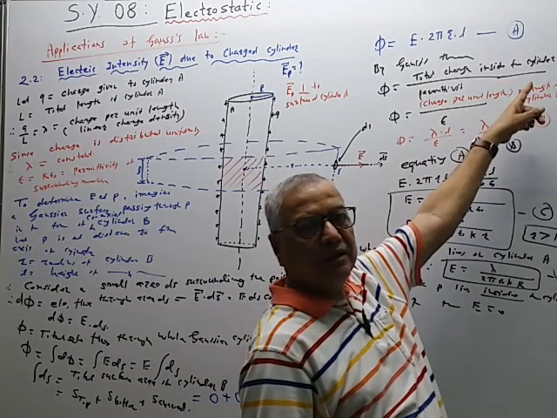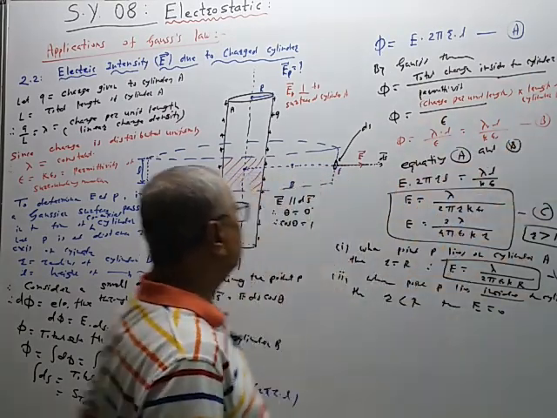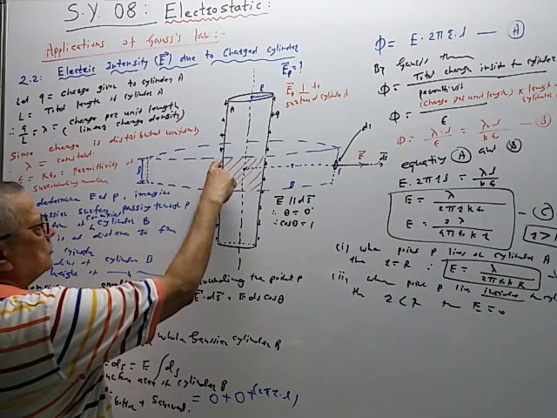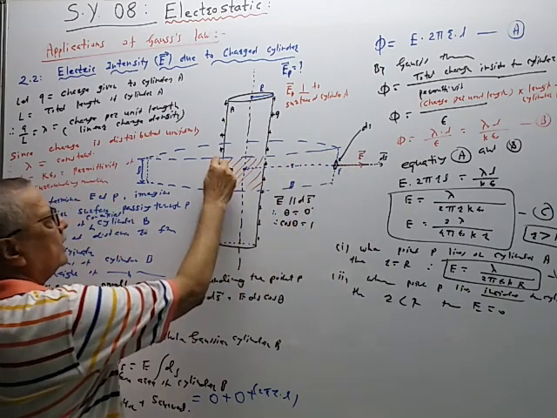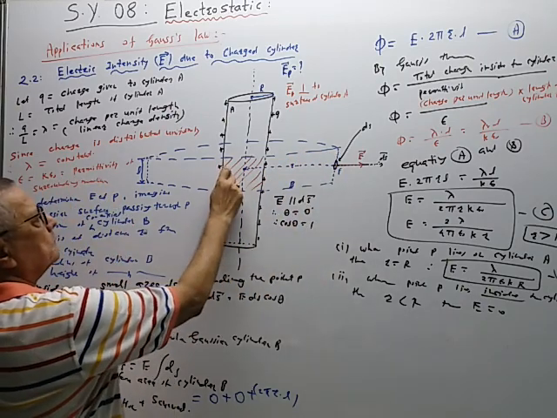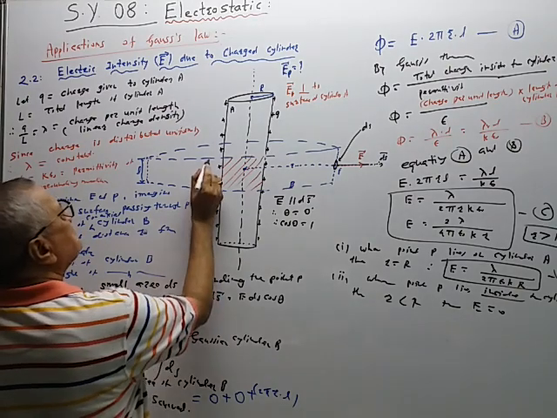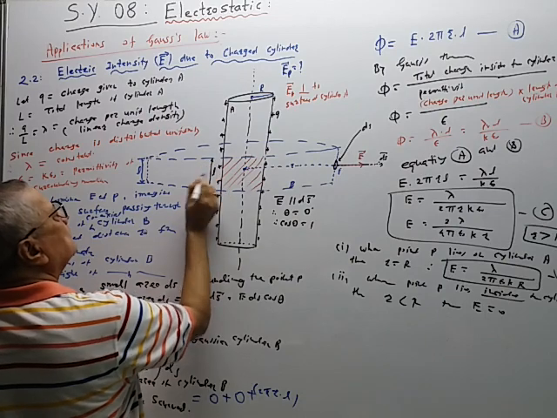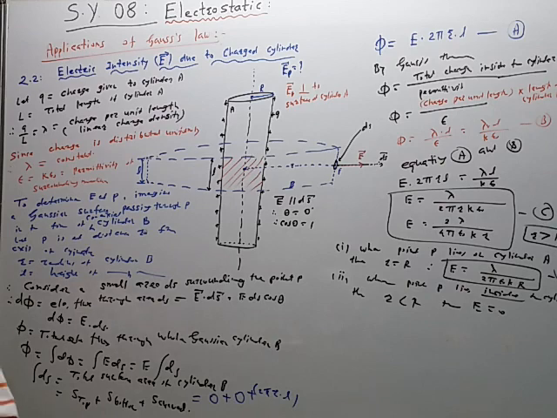Charge present inside the cylinder B on the shaded area is equal to charge per unit length multiplied by length of the cylinder. So the length of the imaginary cylinder is L. This is L, therefore this is also L. So ह्या L length चा charge आपल्याला पाहिजे. But to find the charge present on length L, it is given by this value: charge per unit length multiplied by length.